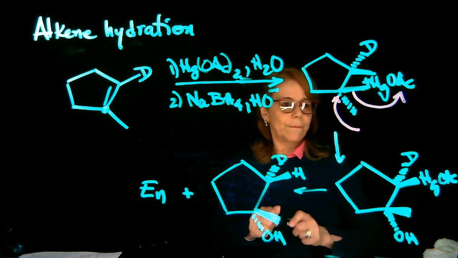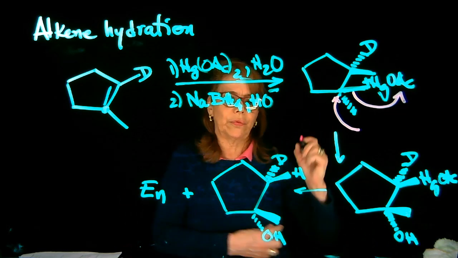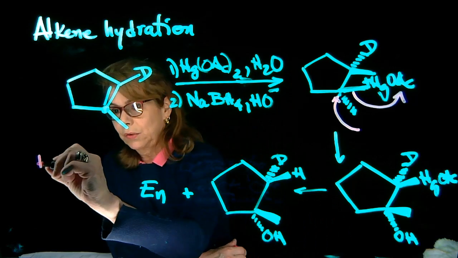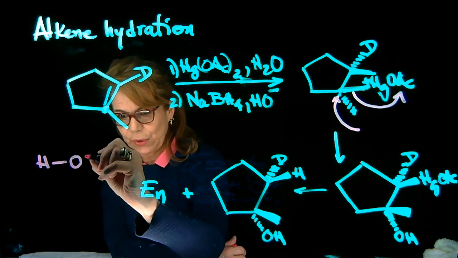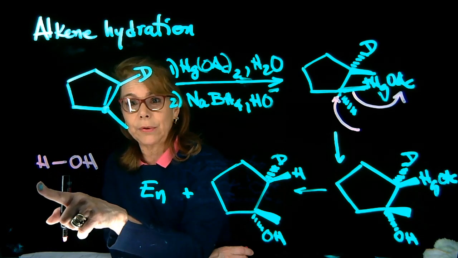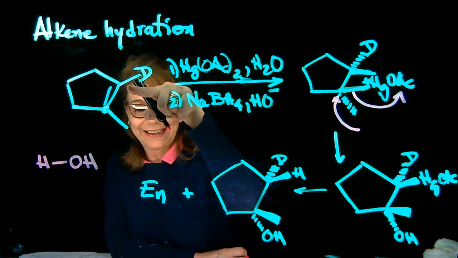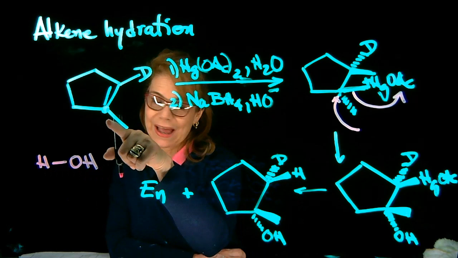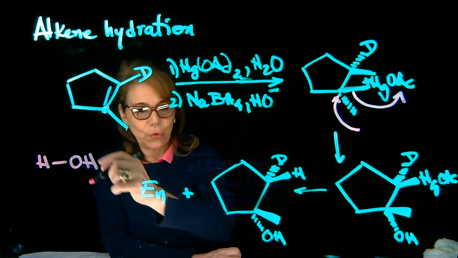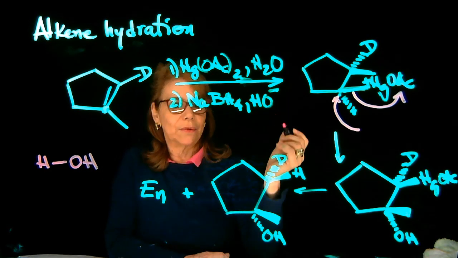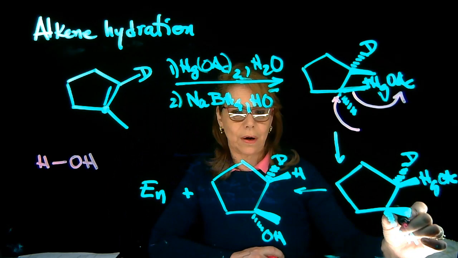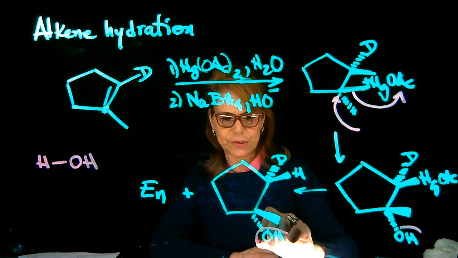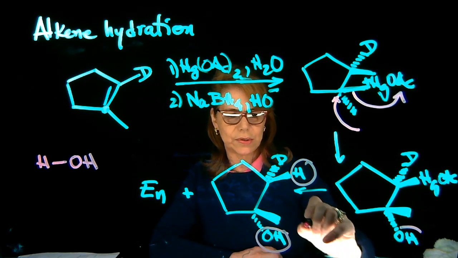Now, I want you to see, again, the stereochemistry. What you added across the double bond, since it is a hydration, is this: in one carbon, the least substituted, you added the H, and on the other carbon, the more substituted, you added the OH. So you are hydrating, adding water. But notice here in the final product, OH is on dash, H is on wedge. So it is